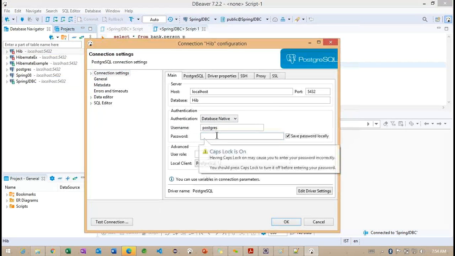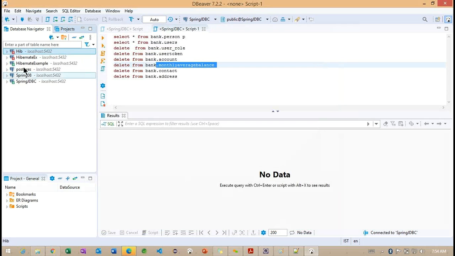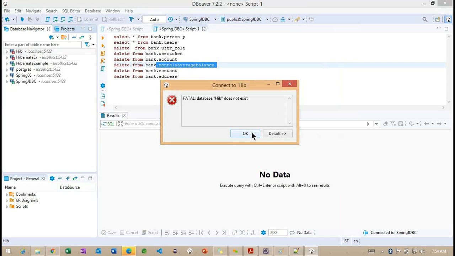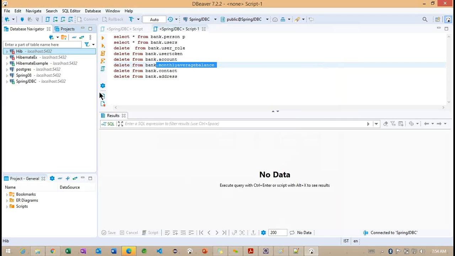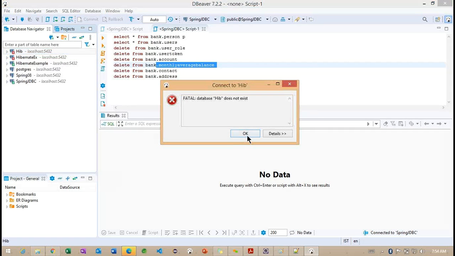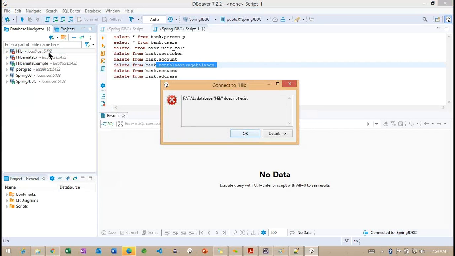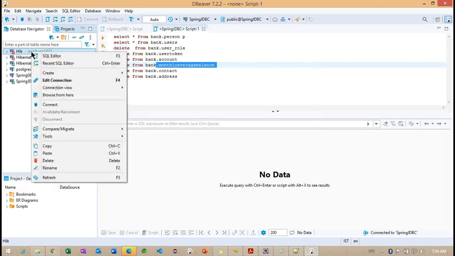Edit connection. Let me provide the connection details. The connect is not available.